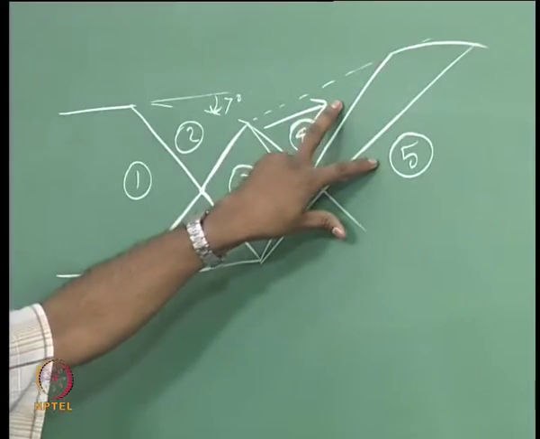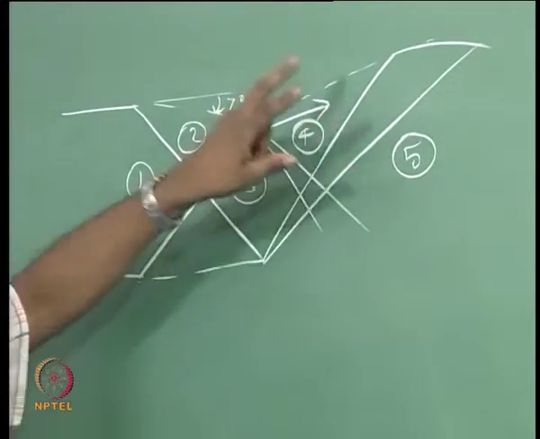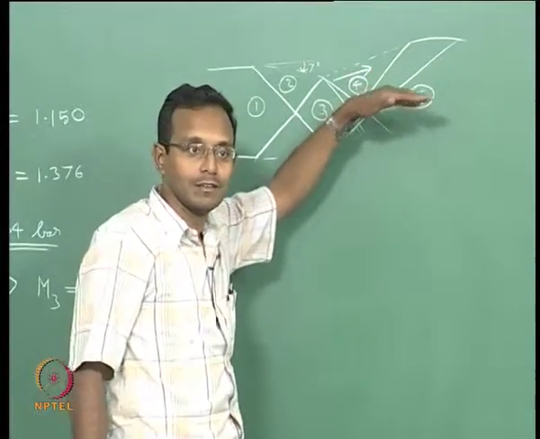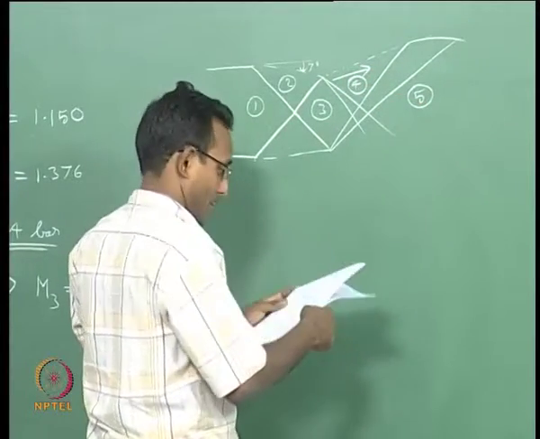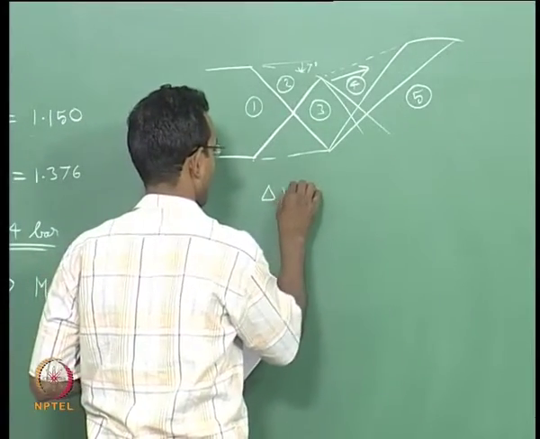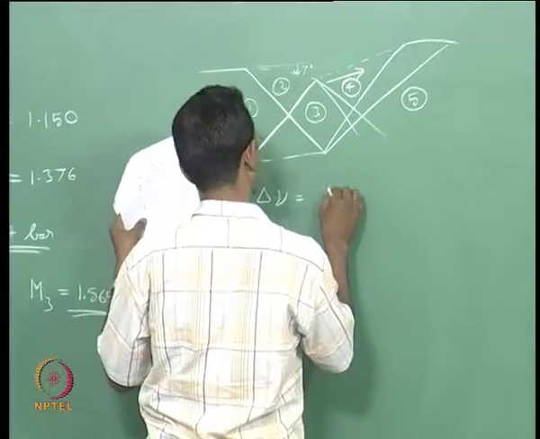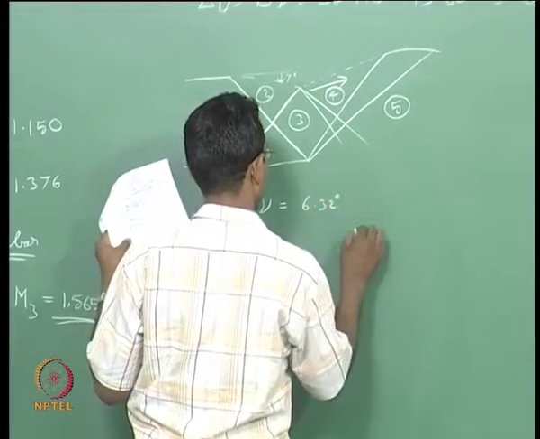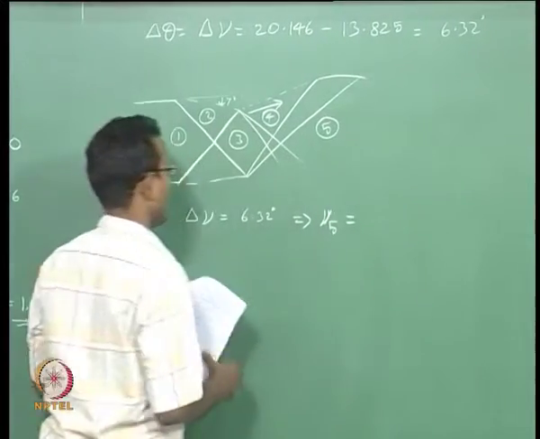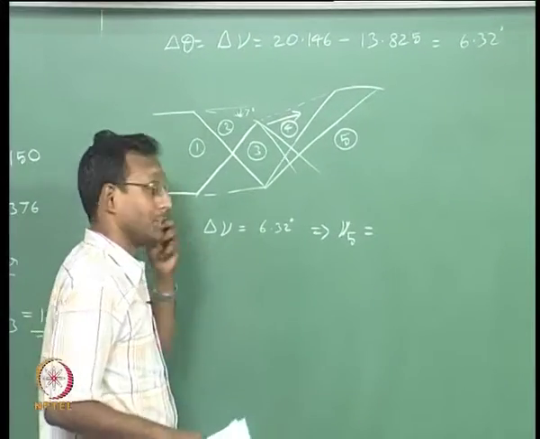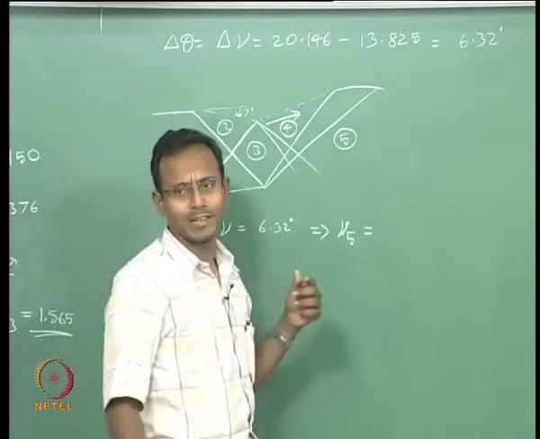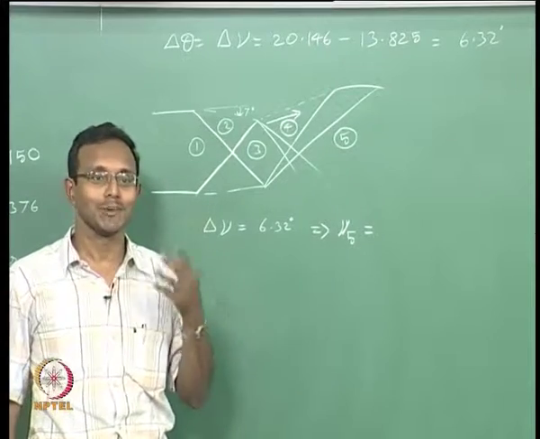So, I will use the same delta nu here again, which will mean that my angle of 6.32 up will come back to 0 again. Okay. So, it will turn back to 0 at that point. So, my delta nu is again equal to the same value, 6.32. This implies that my nu 5, should it increase or decrease nu from 4 to 5? Nu will decrease. Why? I am going to ask why even if you said increase.